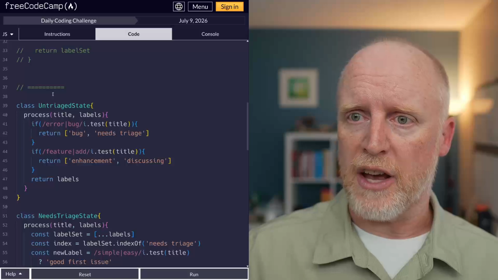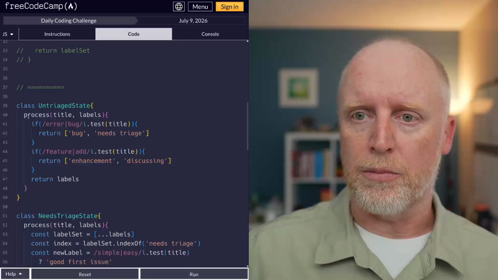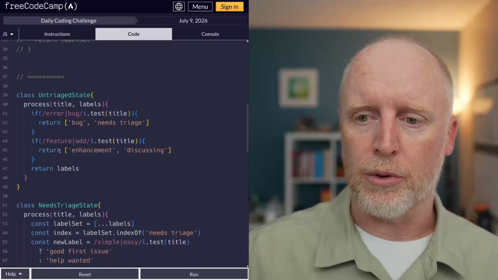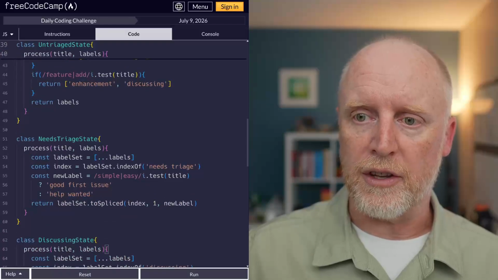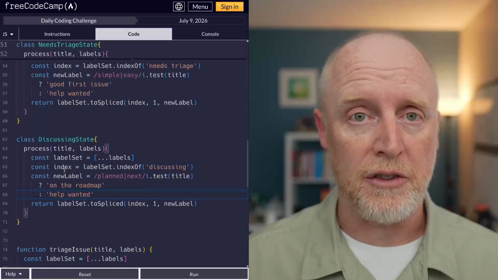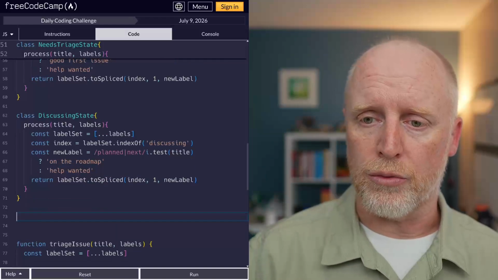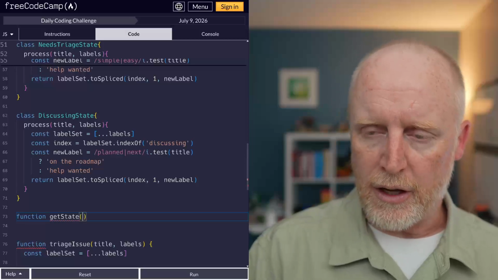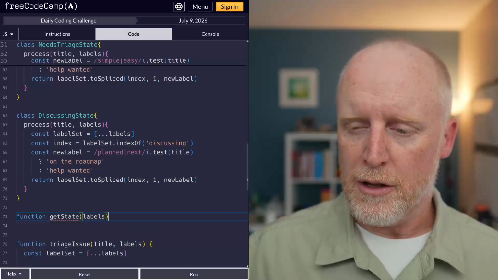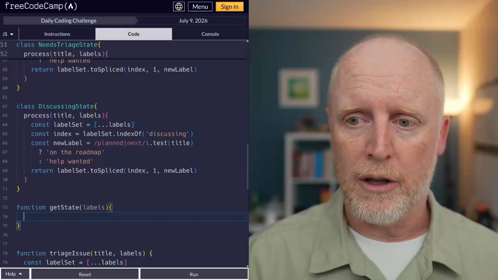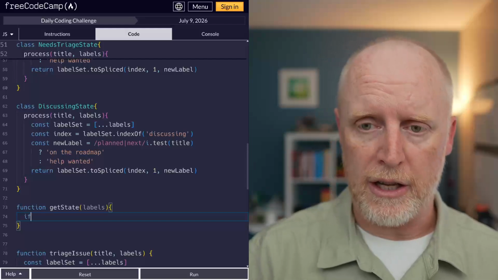This one is processing our untriaged state, right? That's what it's doing. This one is processing our needs triage state. This one is processing our discussing state. And we can use all those right here. So we create a function, we call it getState. We pass in labels because we need those for some conditionals, but our first conditional, well, actually it does use labels, right? It is if